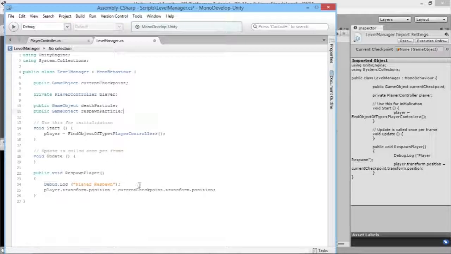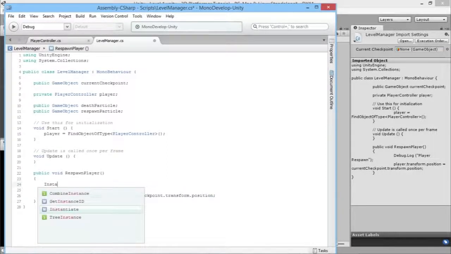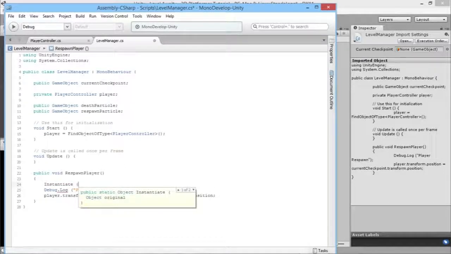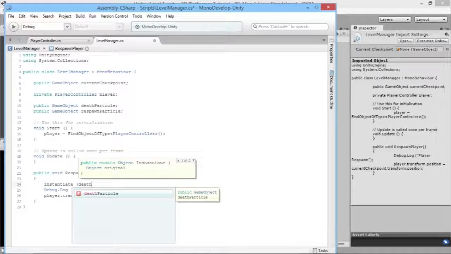And here's the little bit of code that handles the respawn. So this is the point here where the player is being respawned, or being repositioned. Before he's repositioned, what we want to do is instantiate, if I can spell it correctly, there we go, instantiate. What instantiate does is create a copy of whatever object we decide that death particle is, for example, or a respawn particle. So here we're going to instantiate our death particle, and it'll create a copy of the death particle and